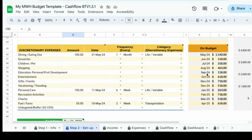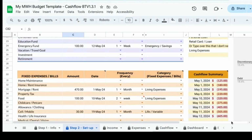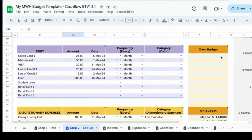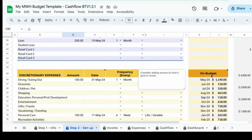So with all my income and expenses entered, it's showing that my cash flow is going to be in the red very soon. Most of it is in May, and we'll see more on that later. You will notice as well that I'm on budget for the sheet. However, my cash flow is in the negative. You will see why when we go over to the cash flow sheet. So even though I budgeted for a certain amount in this